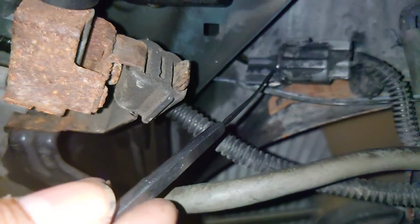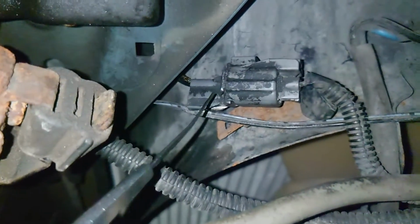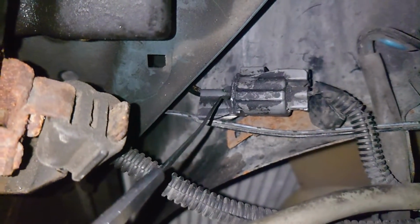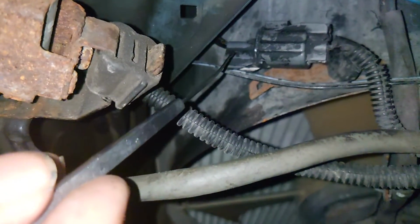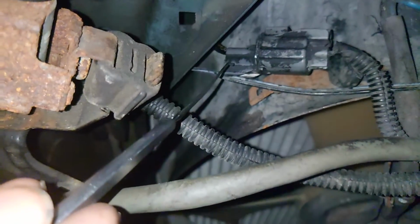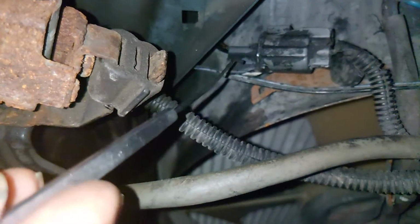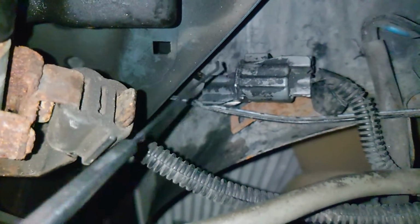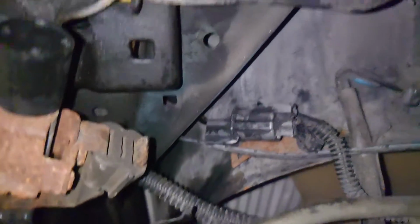Once you pry it apart a little bit, stick a flathead screwdriver in between this connector here and try to pry it out a little bit as you constantly keep trying to pull on both of these connectors. So pry it with a screwdriver a little bit, then pull the connector a little bit. Keep doing that. It's going to take some time, but it will come loose. Once it comes loose, your next step